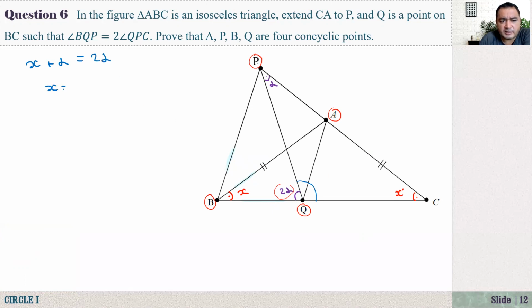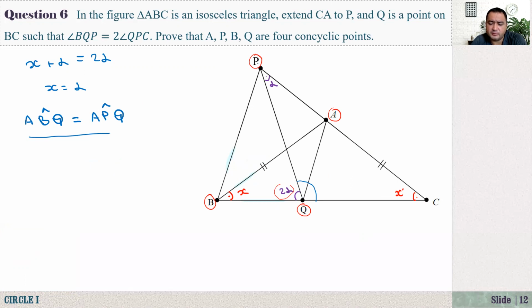Now from here, what is x? X is equal to alpha, which shows that actually angle ABQ is equal to angle APQ. Since it is so, by property 11, the points A, P, B, Q form 4 concyclic points